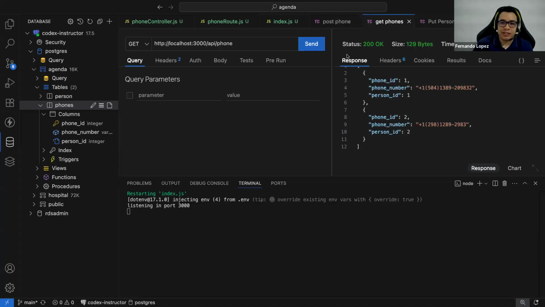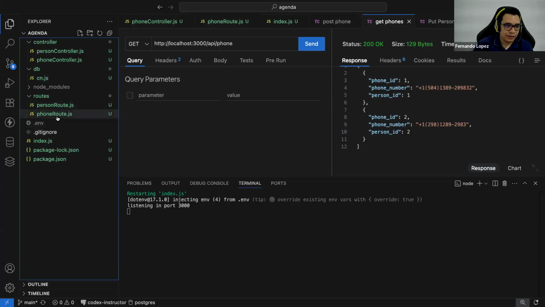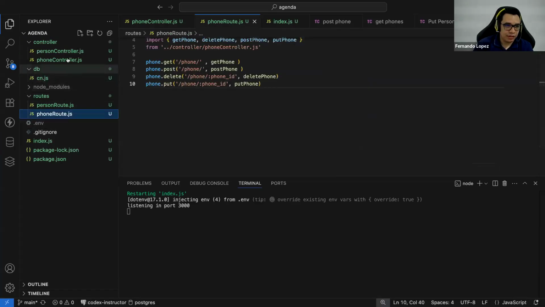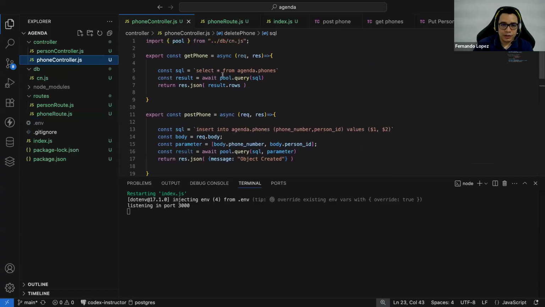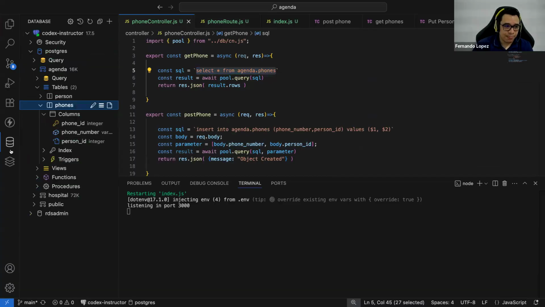So I will modify this get phones query. We have this operation here, phone controller. So instead of bringing all the elements of the phones, we need to understand the name of the person. So let me grab the query and let me go to my database definition, just right here.